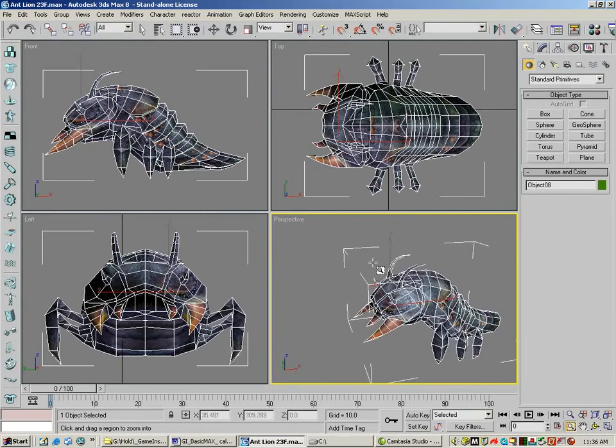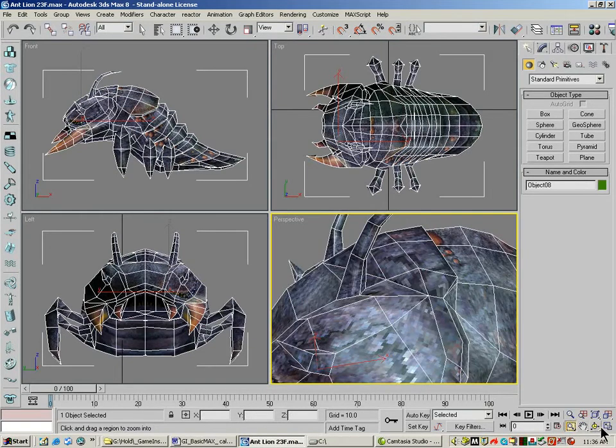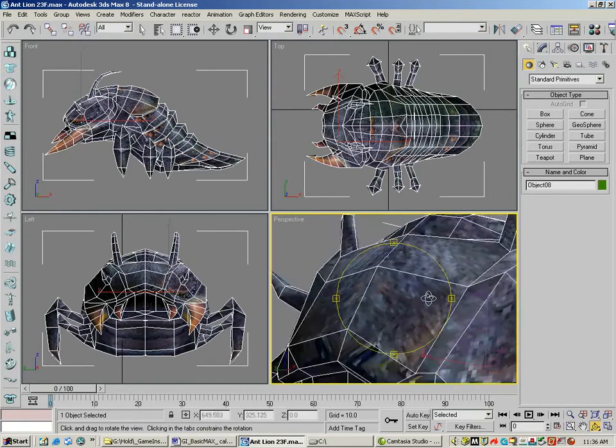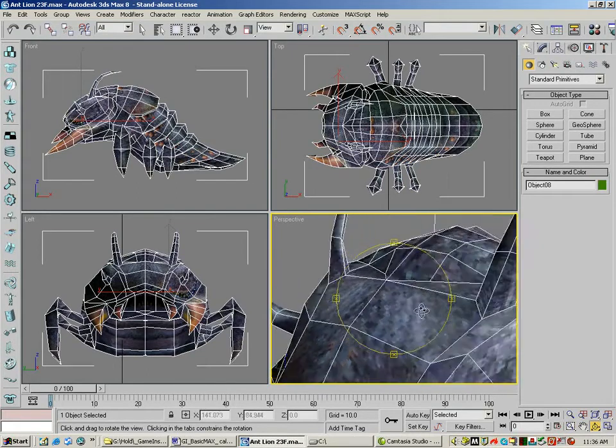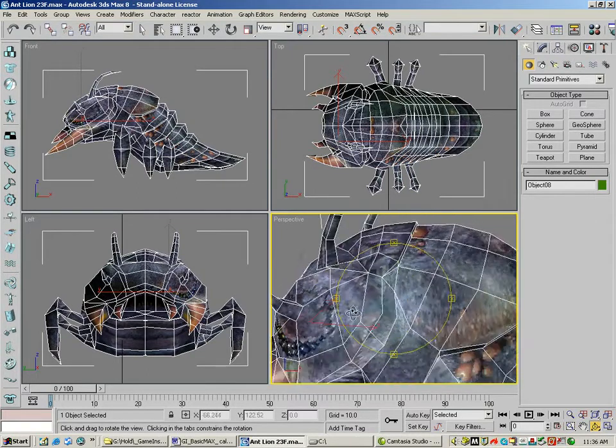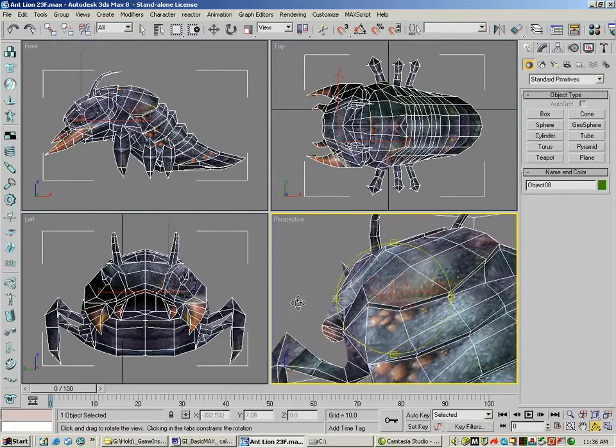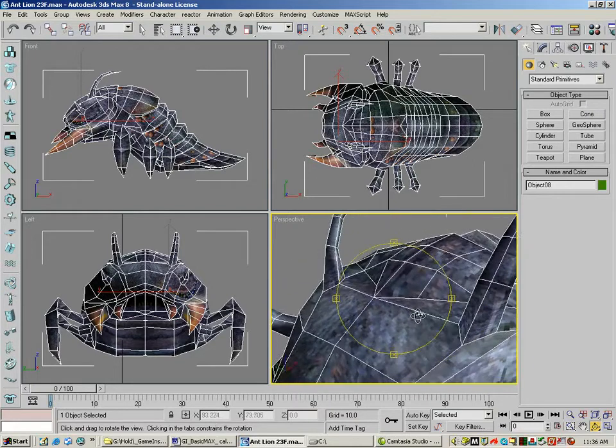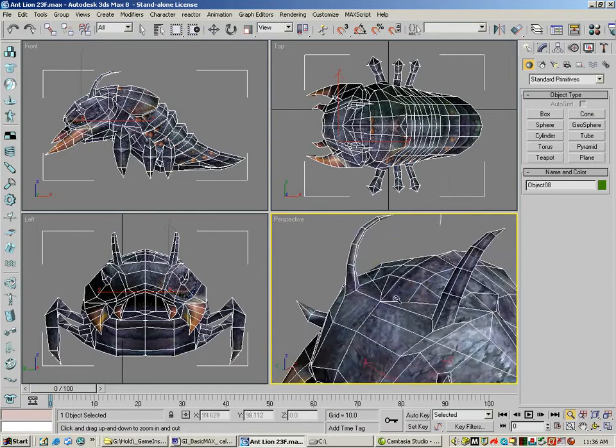I'm going to zoom in here, and you can see how the mesh itself contours around those lines, and that's how models are made. And we're going to be doing that real soon here in our tutorials. We'll zoom back out here. Now,